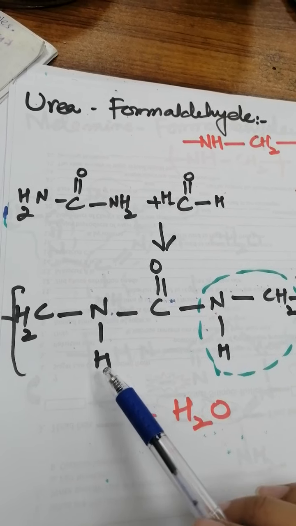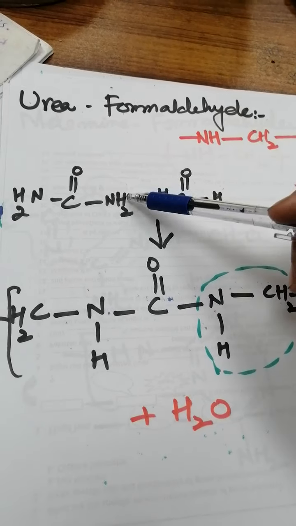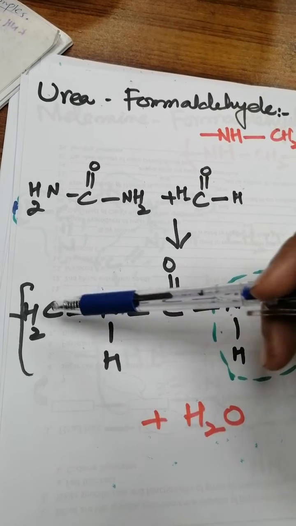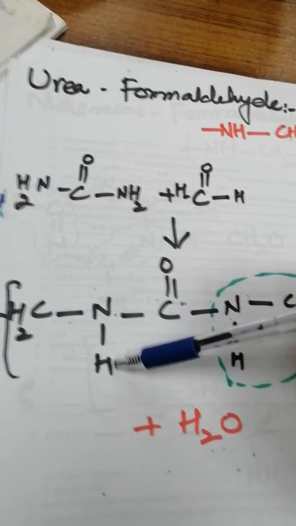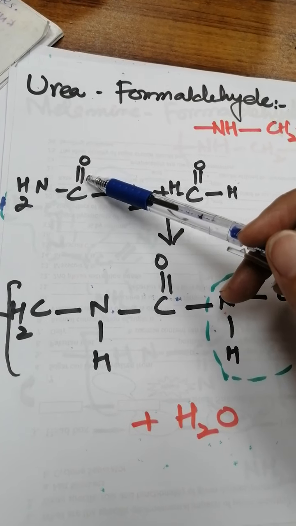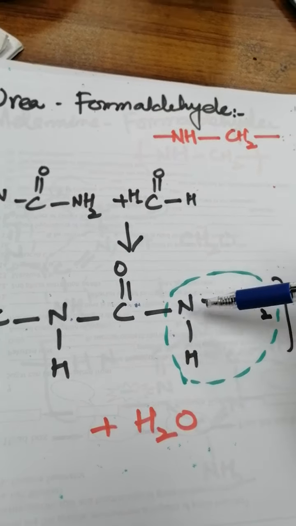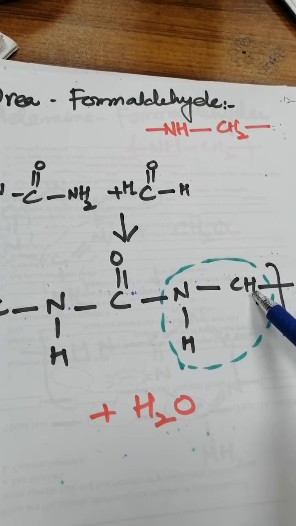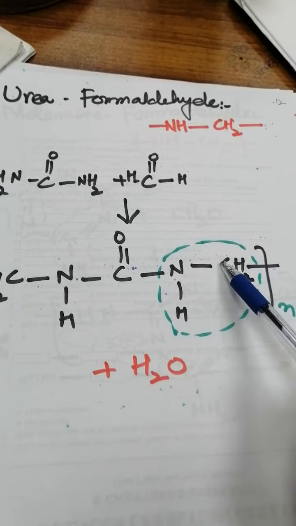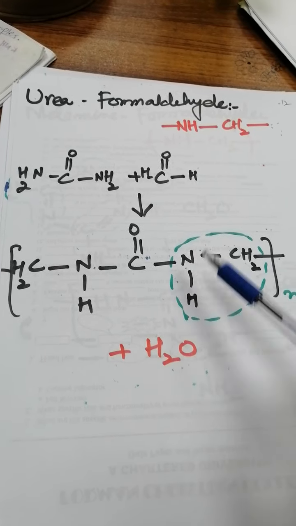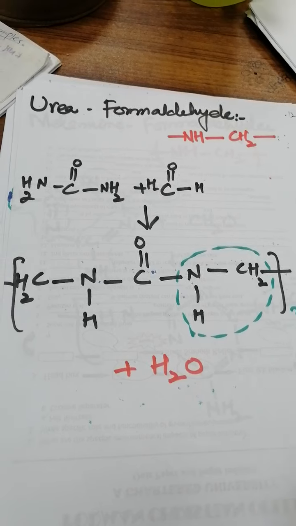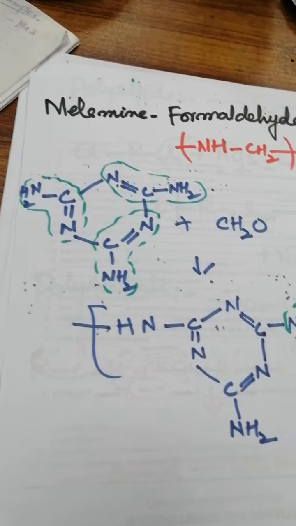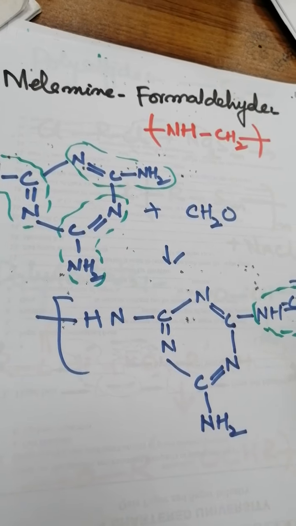Just simply look at the structure, like we have this NH2 and then H, right? And then what will happen, this NH will attach here, and it will form the C double bond O, right? And then we have an NH with the removal of a hydroxyl from here, and then we will get the CH2, right? So NHCH2, and with the release of water, ultimately leads to the formation of urea formaldehyde condensation polymer. Then the next example is melamine formaldehyde.